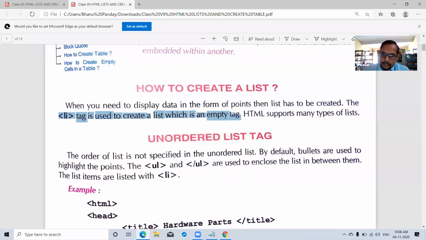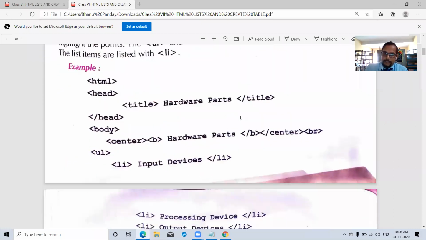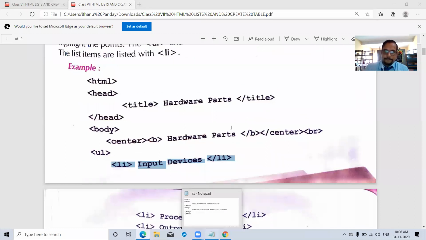Empty tags are those tags which have only an opening tag, and the closing tag is missing. But here, according to the example, it is a pair tag. It is not an empty tag. So now see the example.